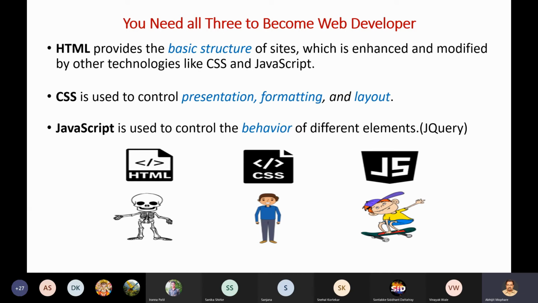So you have now understood the importance, why it is required, right? So we have to learn HTML, CSS, and JavaScript. Now, remind you that these technologies, HTML first came in 1994 when the web came, and CSS came in 1996. So these three technologies are from the mid 90s, and so they have been there for the last 25 years.